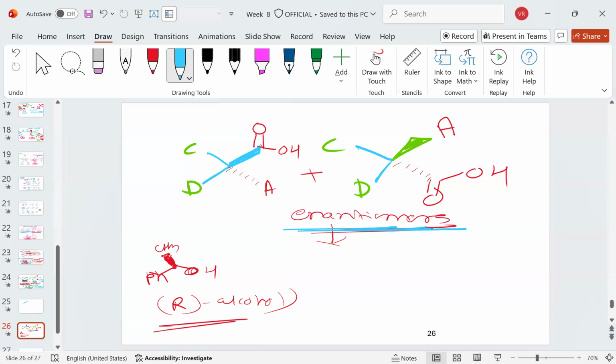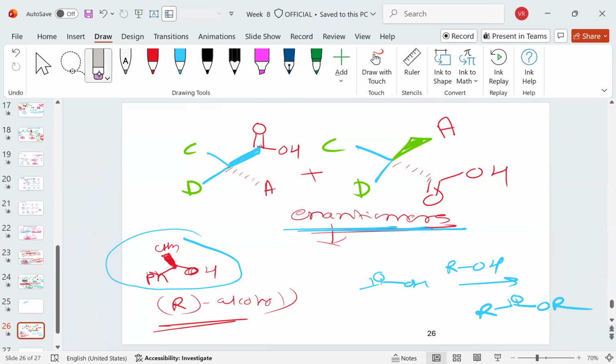But now I can treat this reaction mixture with this alcohol. We know acid plus alcohol gives